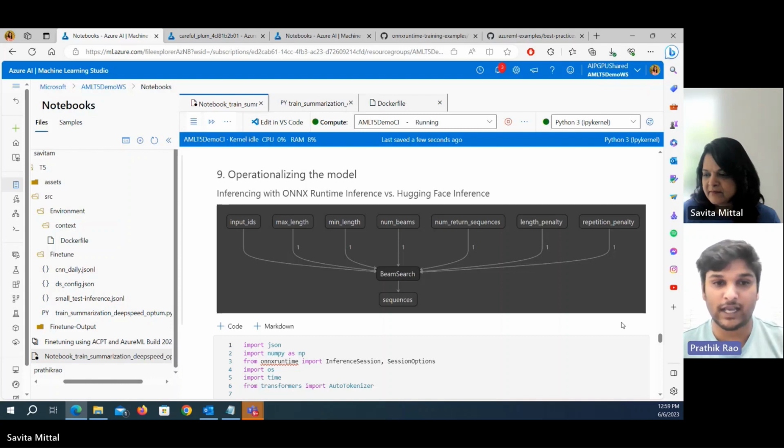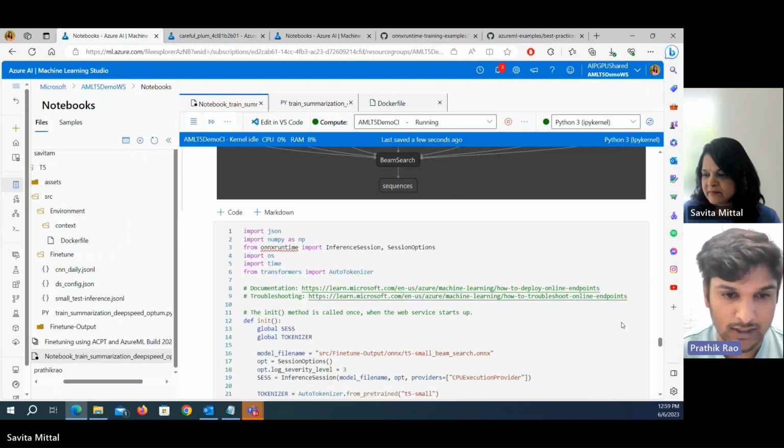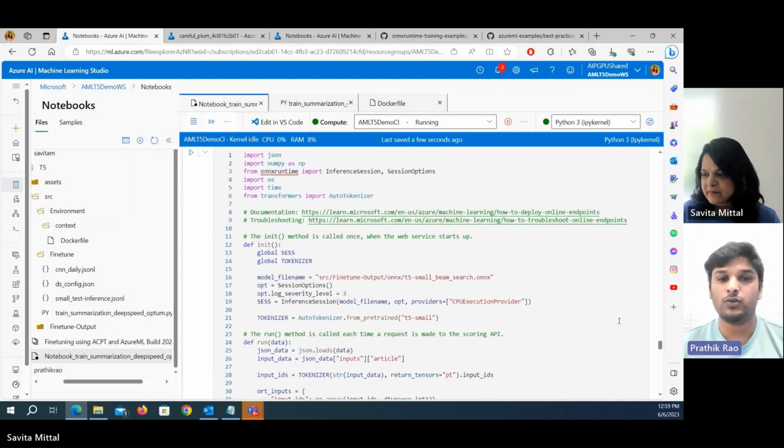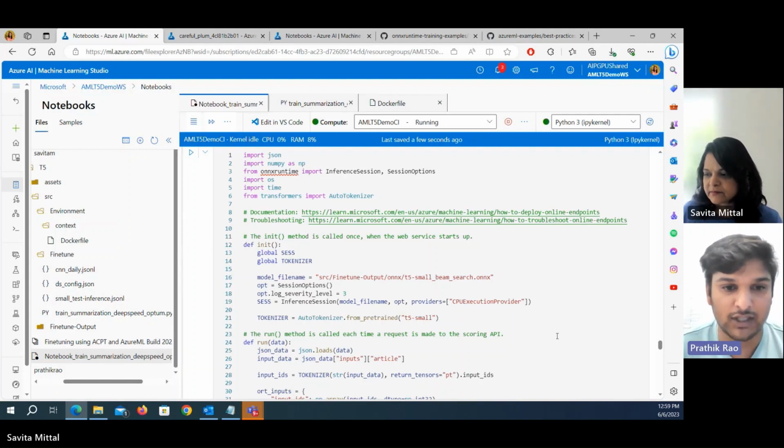And at the very left of that image, you can see the input IDs. The input IDs are the tokenized outputs of the input article that the user will be feeding to you. So if you scroll down a little bit, we can take a look at the two main functions that are required for any sort of web application leveraging machine learning inferencing. The first one is loading the model or any ancillary parts that are required, and this only needs to be done once on startup. So we have here our init function that defines both our ONNX Runtime session object and